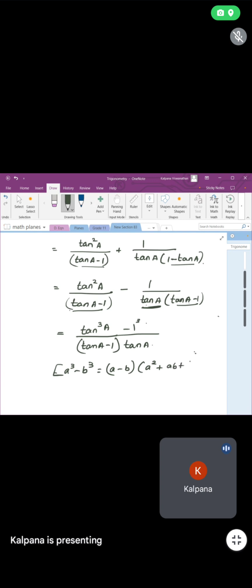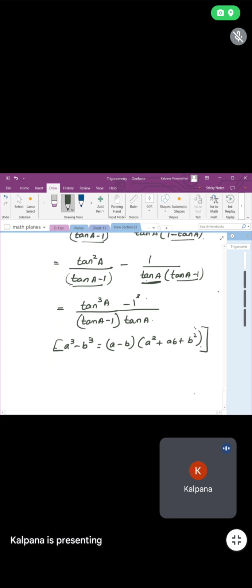So if you don't know, please take down the formula. So the numerator can be written as tan A minus 1 into tan square A plus 1 plus tan A, that is A square plus B square plus AB,